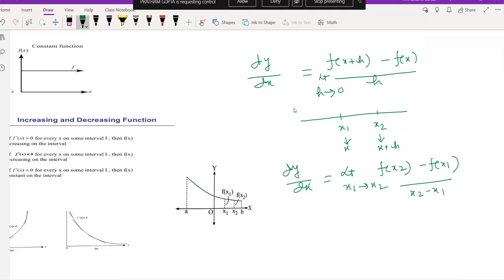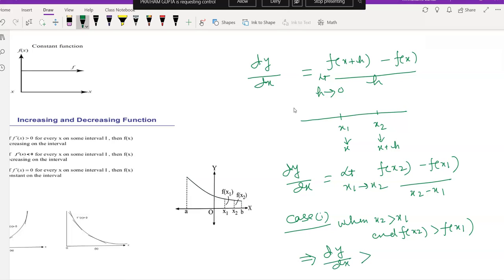You must say that. Now all of you can see here, I am writing case 1 here. What is the case here? That is when x2 greater than x1 and f(x2) greater than f(x1), then this implies that dy by dx greater than 0. Okay,